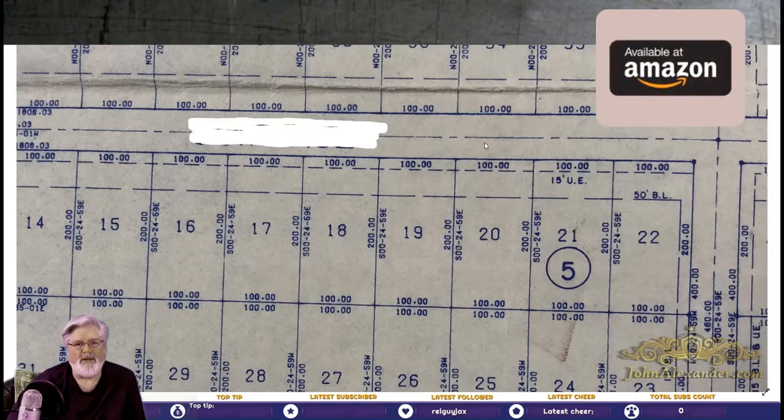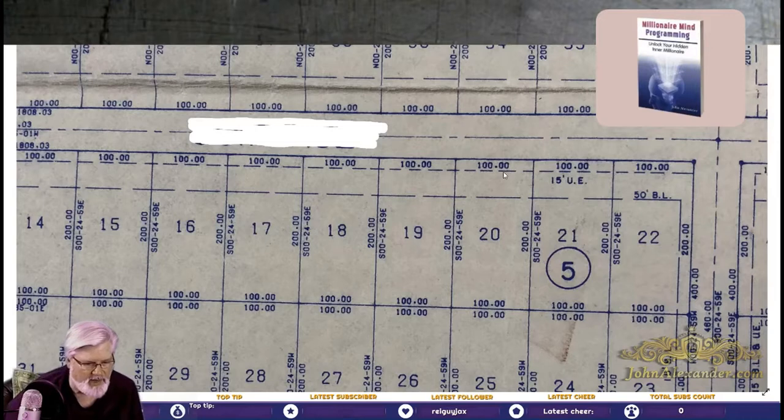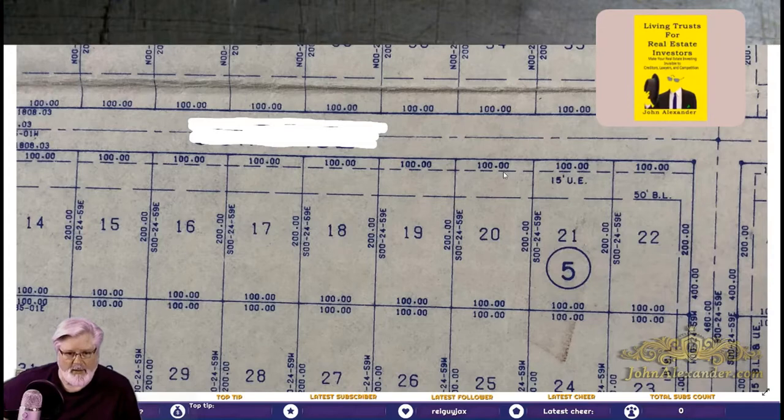Now, real quick before I get into how we find out where this 100-foot space is on a line full of trees, I'm going to answer that in a second. But before I do that, let me go over where you get this map. You get this at your tax assessor's office. You've got 2 offices in every county that deal with taxes. You've got what we call the tax office. They're responsible for collection of taxes. They're not about the mapping of what gets taxed. The tax assessor's office is in charge of deciding, or the mapping,